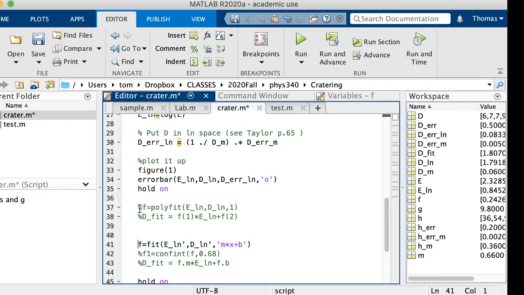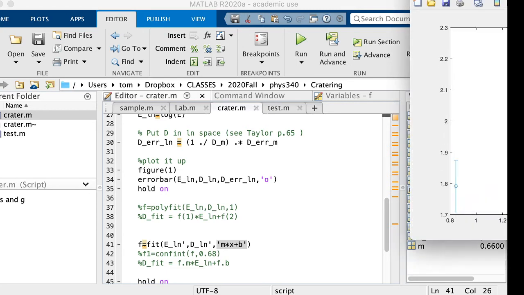We're going to use this other MATLAB function called fit, and you have to install the curve fitting toolbox to do that. It's all free, of course, if you're a Cal Poly student. I can give you some hints on how if you haven't done that. But in either case, it works more or less the same way. I pass in E natural log and D natural log. Those are the same arrays as above, but I've got to transform them using the quote there into column arrays. And then I give it, in a string, the function I want to fit, mx plus b, right? And so if I run this now,